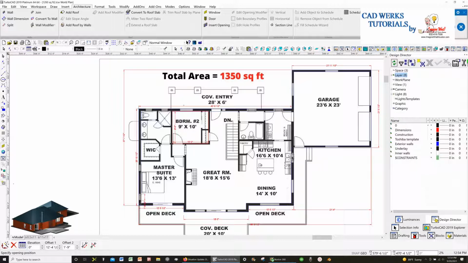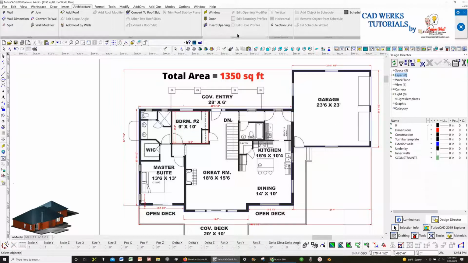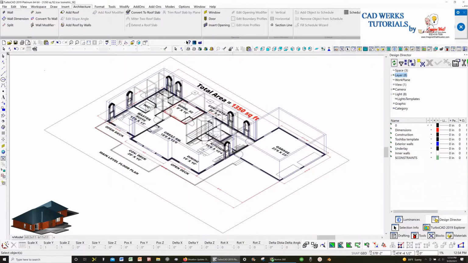Alright, we're going to take a look at it from, well, here's the window we put in right here. It was in the kitchen over the sink, but it's the wrong type of window, so I'm going to go ahead and change it. Come over here to